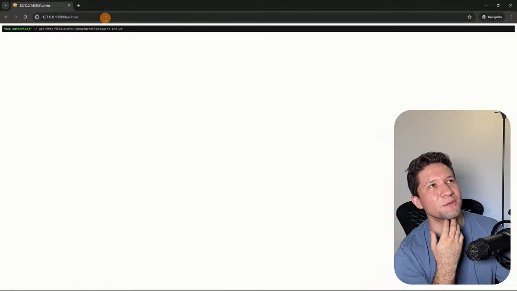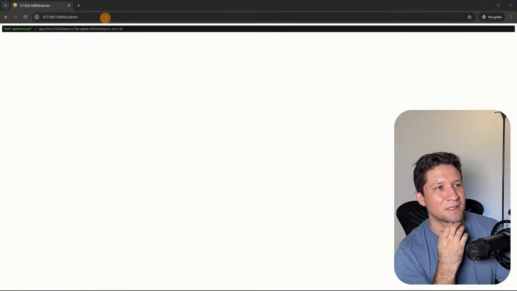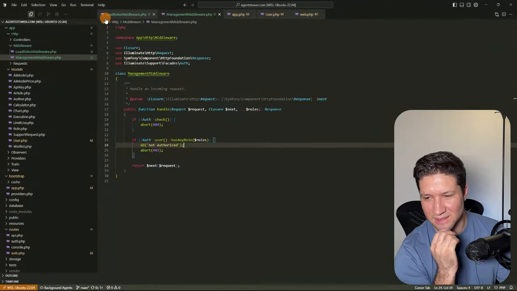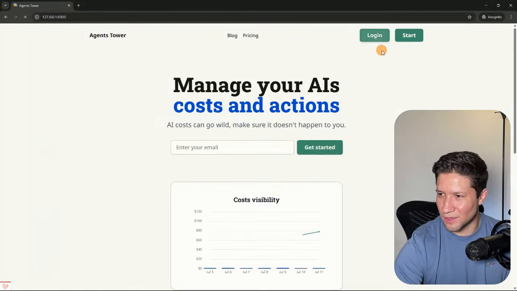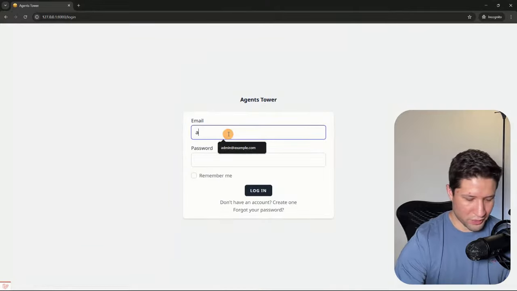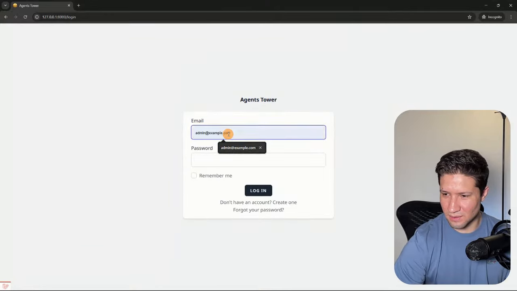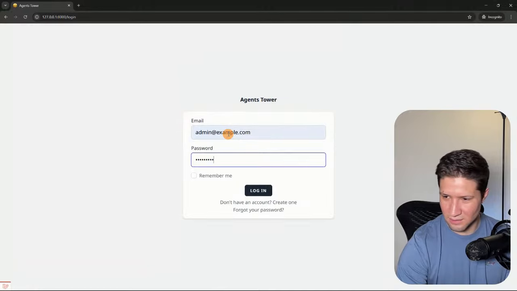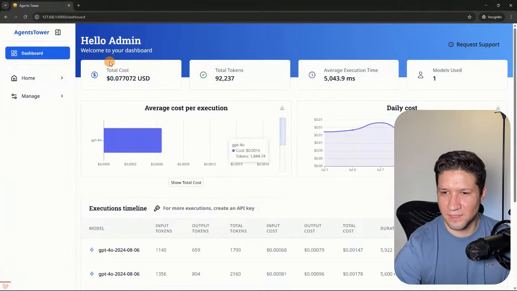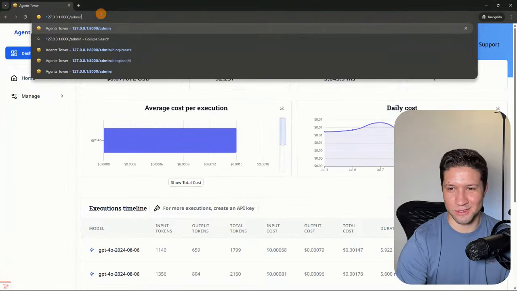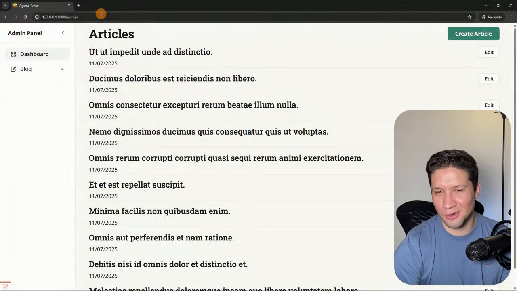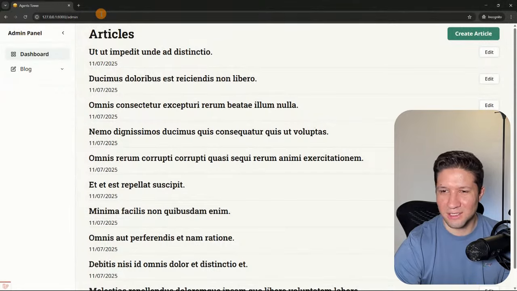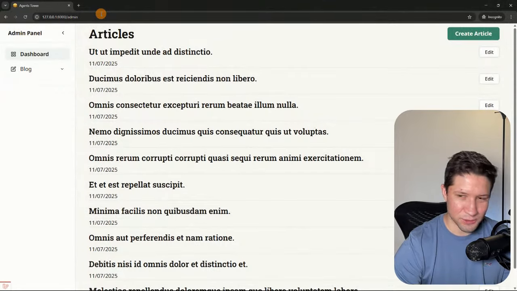So I don't know what's going on. Let's see. Yes. So for example, if I go to here and I log out, and I log in now with the admin user, and I go to admin, let's see if this works. I think it's going to work. Yes. So the admin user can go into the dashboard, into the admin user,